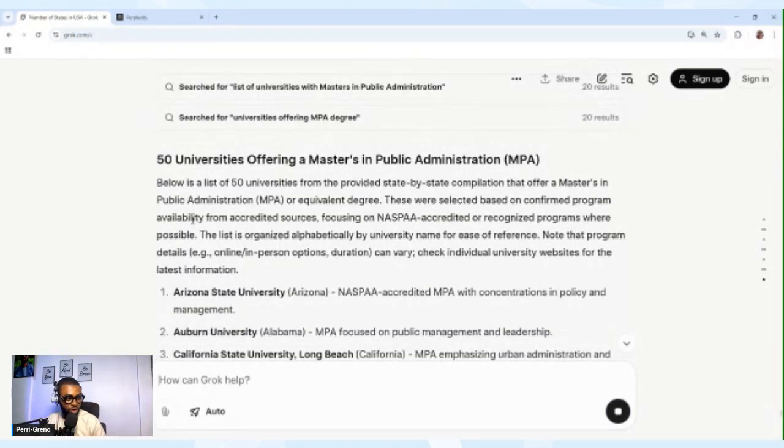So, 50 universities offering master's in public administration, that's the MPA. Below is a list of 50 universities from the provided state by state compilation that offer a master's in public administration or equivalent degree.